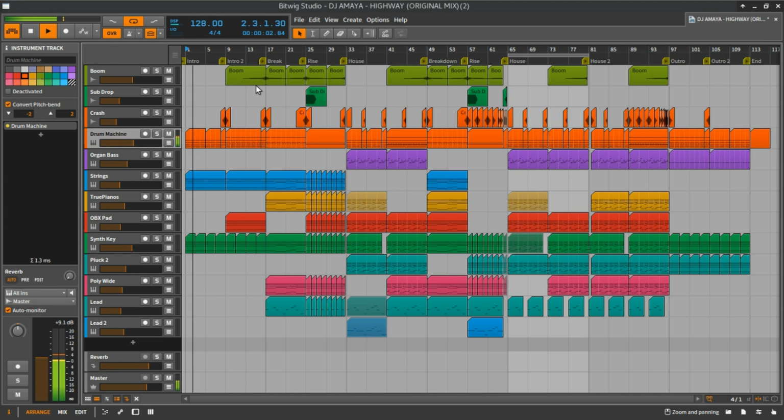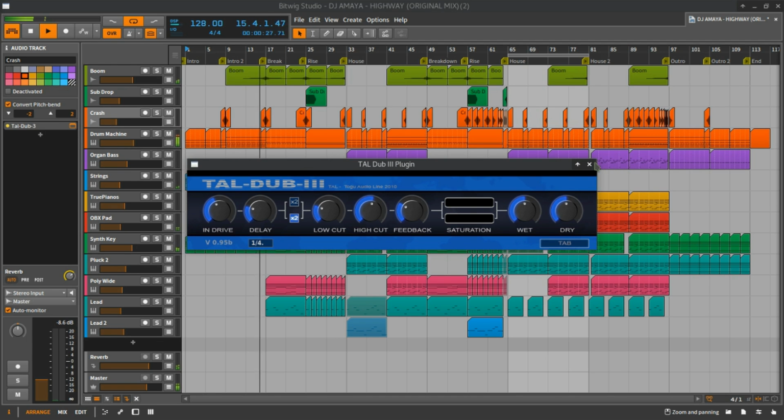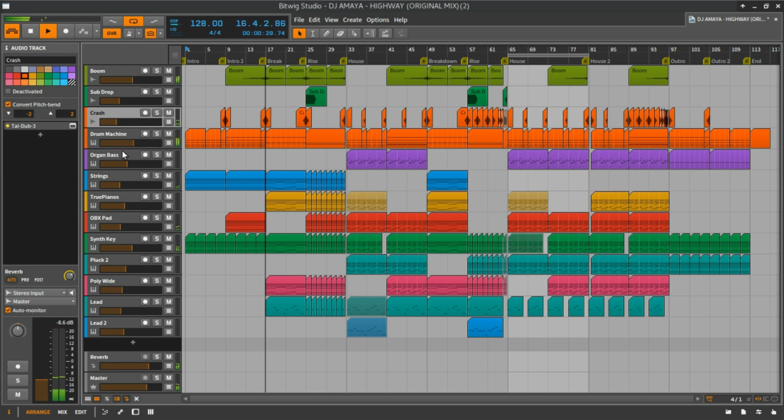So let's take a look at this track. So this is the completed version of the track. Nothing here is mixed down to audio really, except for some of the effects, but even then those have effects on them that aren't printed, I think. Yeah, like I have TAL delay on this crash here,